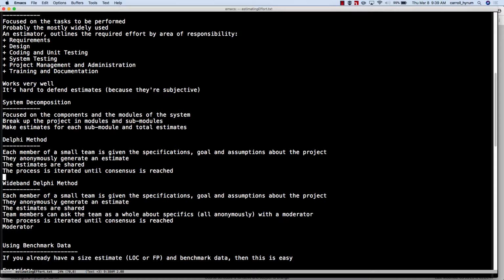So if the three of you were the experts in the company and you had all estimated the effort or schedule or some other aspect, then you would submit yours independently, and then if I were to moderate, you could ask,